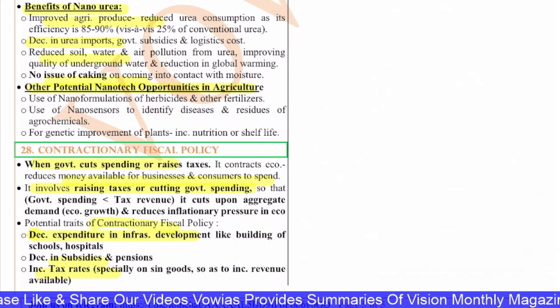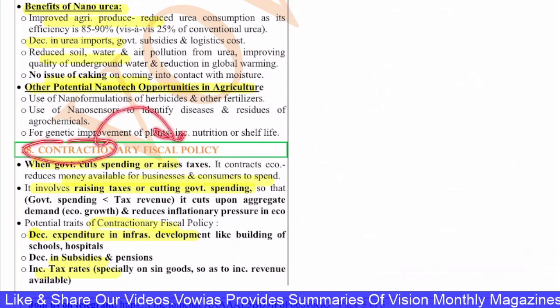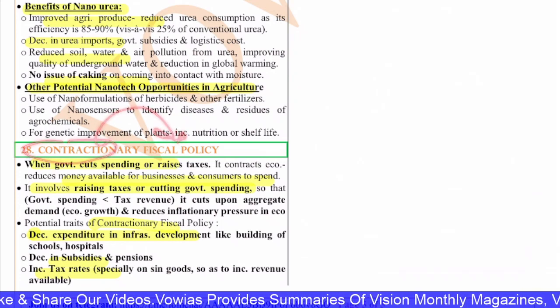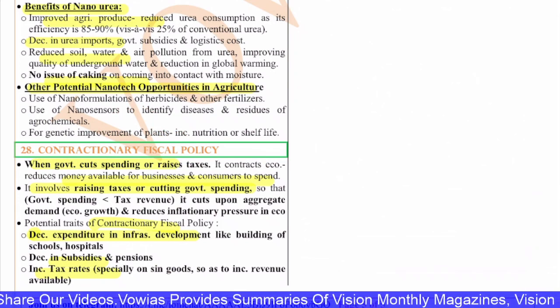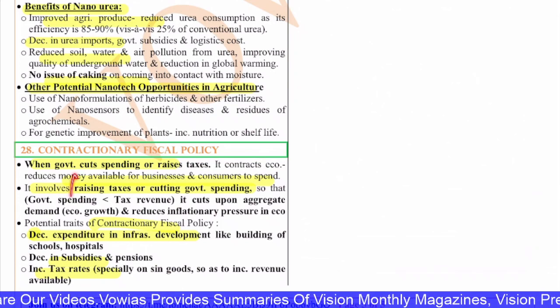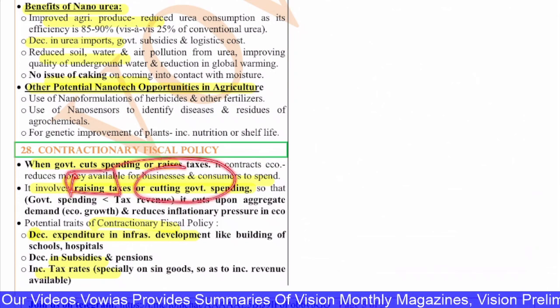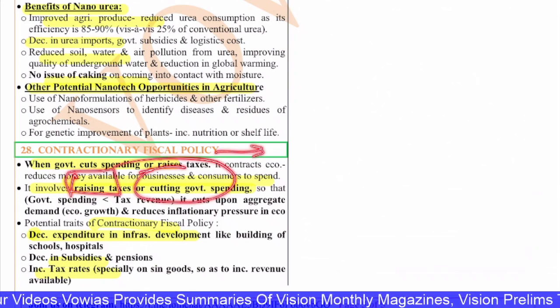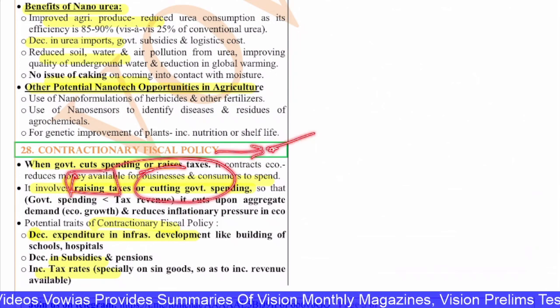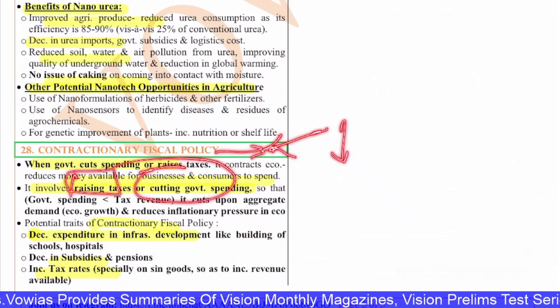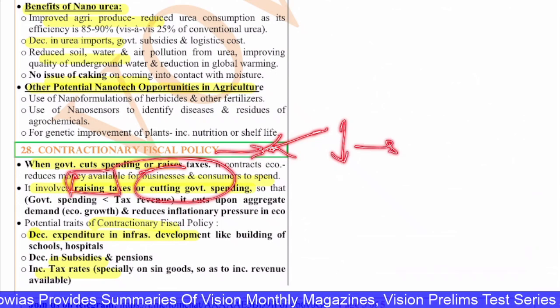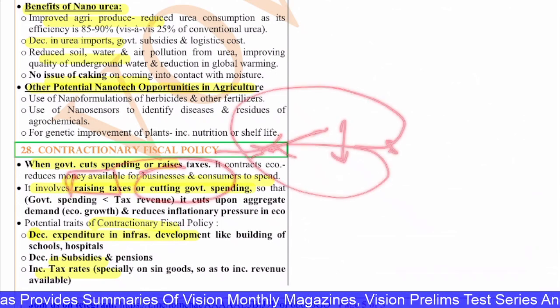Contractionary fiscal policy, as the name suggests, is nothing but contracting the fiscal policy, nothing but reducing the amount of money that is given to other departments, ministries and schemes. It involves raising taxes or cutting government spending. It can be done in two ways, because contracting fiscal policy means either you can increase the money that is taken from the public, or you can decrease the spending that is done by the government. It can be done in these two ways.